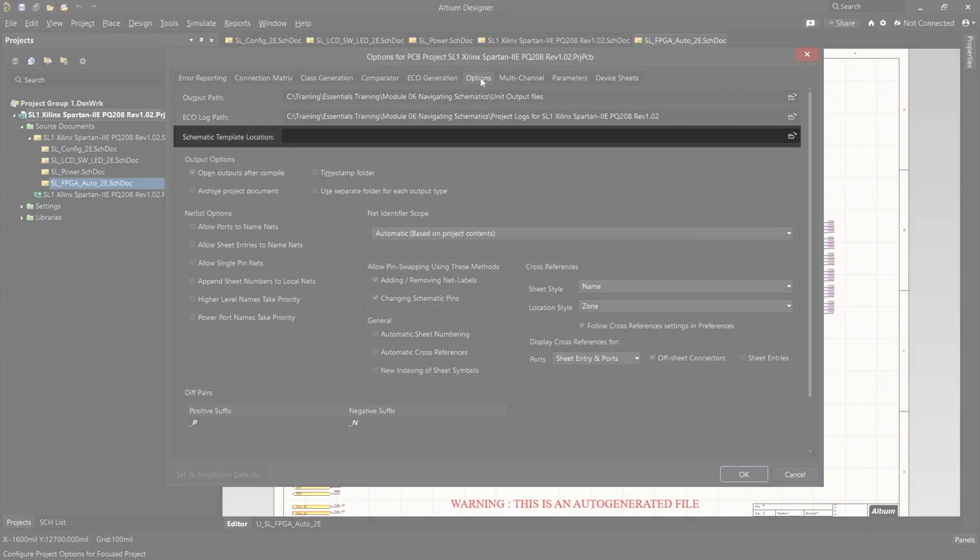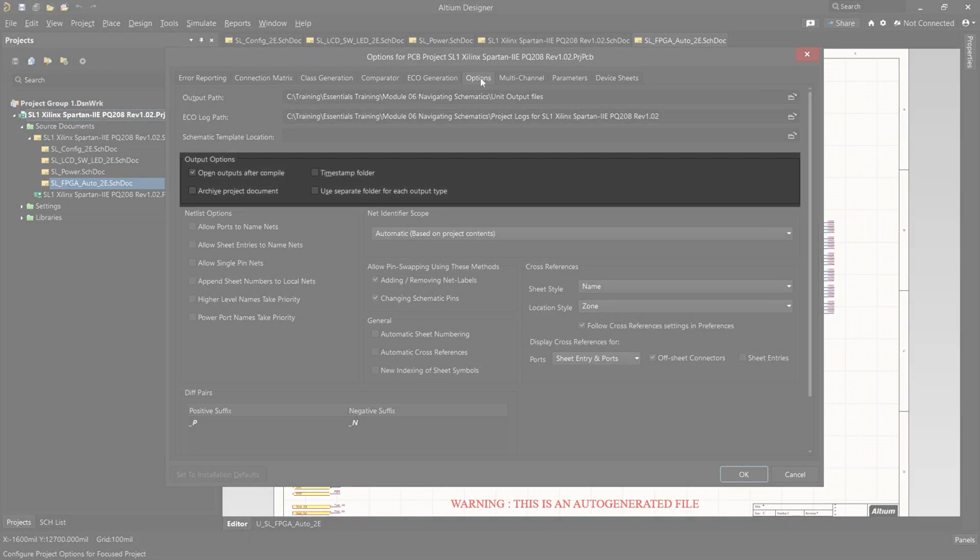Schematic Template Location is used to specify a directory in which to source schematic template files for the project. Within the Output options, we can see there are 4 options. Open outputs after compile will enable us to open files that were generated after compiling the design project. Timestamp folder will enable us to create a timestamp folder for the generated output, such as a BOM report. The folder name will have a timestamp appended to the folder name and will be located in the output path